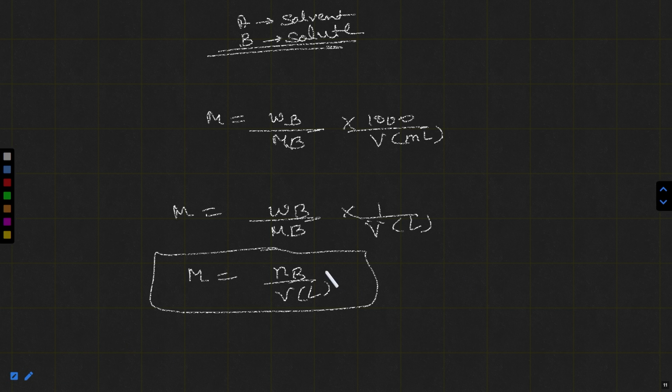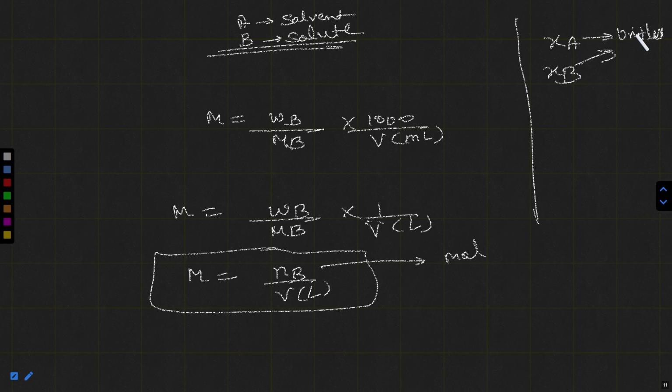What will be the unit? Number of moles unit will be mole. What will be the unit of chi A, chi B, mole fraction of A, mole fraction of B? They are unitless, because in numerator and denominator both are of same unit. That means both are number of moles. So they are unitless.